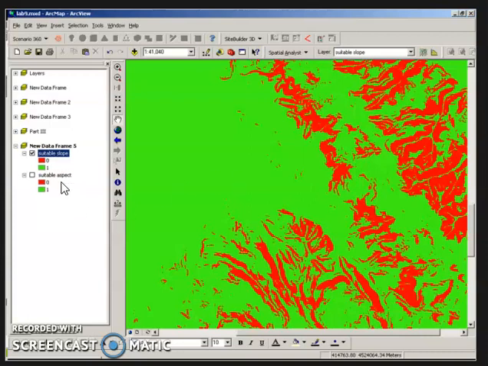We could see that anything that is suitable, which has that range of anything 20 and above, is red, and anything that does not have a suitable slope is going to have that designation of 1. So all of my suitable areas are represented in red with a cell value of 0 now, and anything that is unsuitable is represented in green with the cell value of